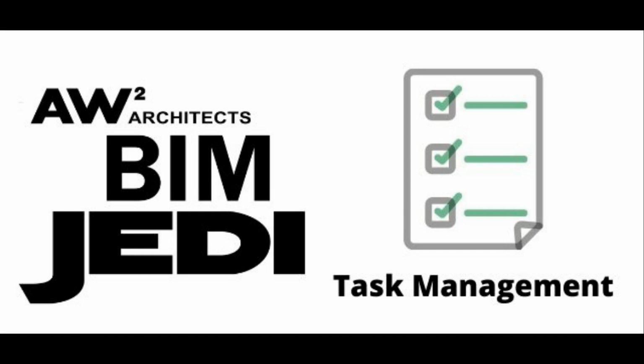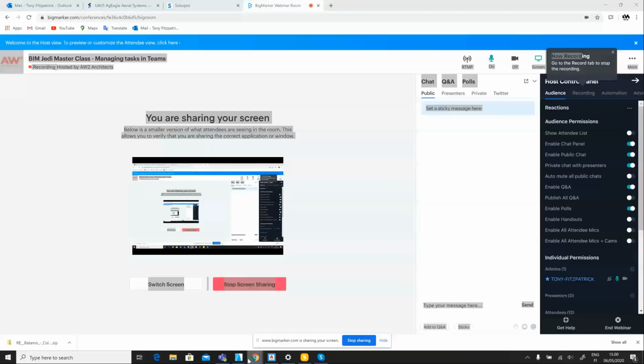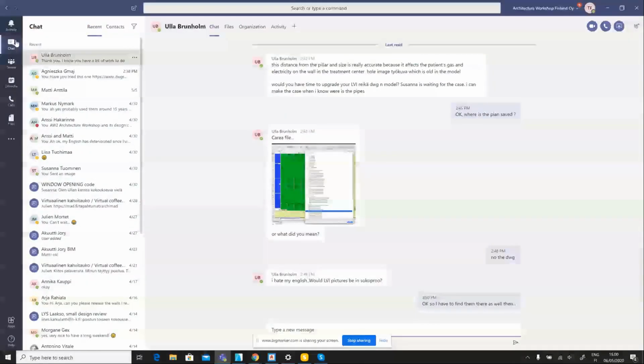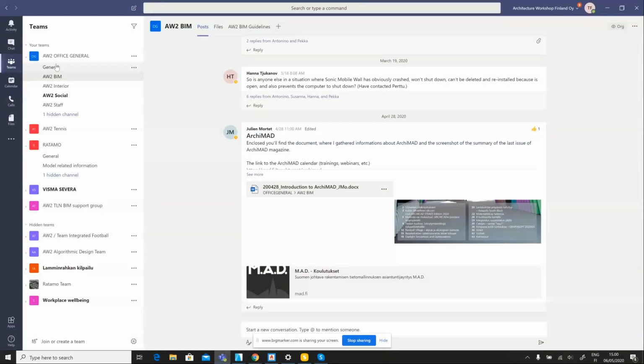So we will now, I'll open up the Teams folder. I'll share my screen first, and then we'll take a look at how we can use Planner to make our task management better. So going into Teams,